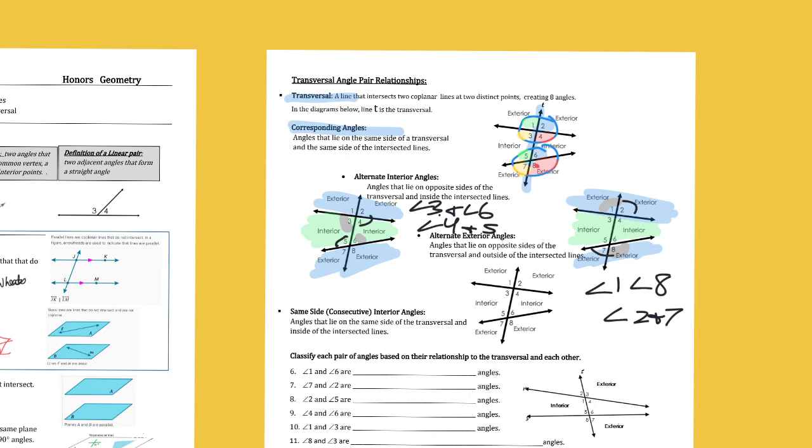Okay, the next one would be same side interior. Okay, so let's get out our highlighter again. So interior are going to be all of these. You know, the exterior are going to be the outside ones. Same side interior, okay? Same side of the transversal and interior would be like 3 and 5. Okay, so angle 3 and 5. Okay, those are same side interior. And then 4 and 6. Okay, 4 and 6. So same side interior. So you just have to kind of know your vocabulary and say, okay, what is actually going on here? Okay, the next thing would be,